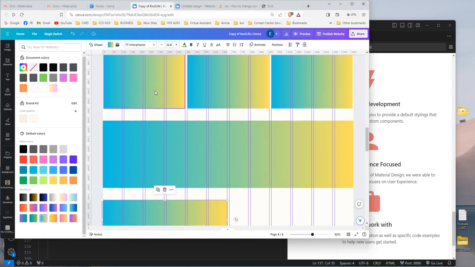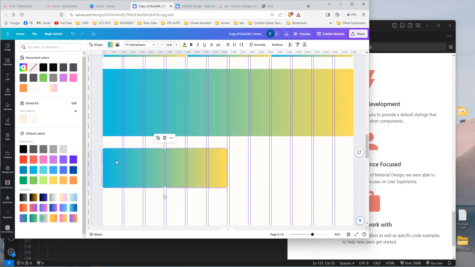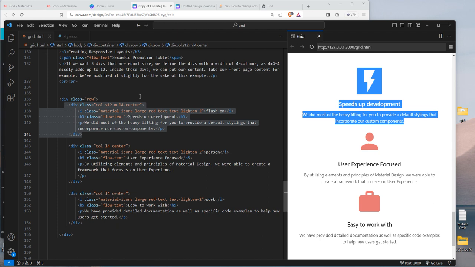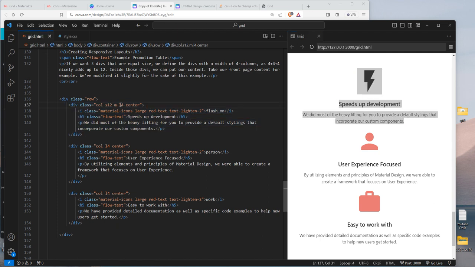Kapag large ang screen, 4 ang sasakupin. Kapag small ang screen, 12 ang sasakupin. Kapag medium ang screen, 6 ang sasakupin. So let's try to do that. Sa isang ano lang, dito lang. So may S12, M6, and then L4. Let's do that for the entire